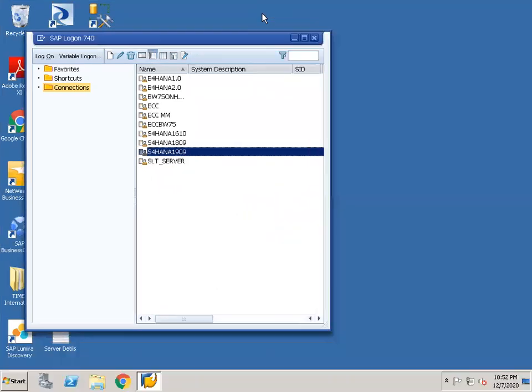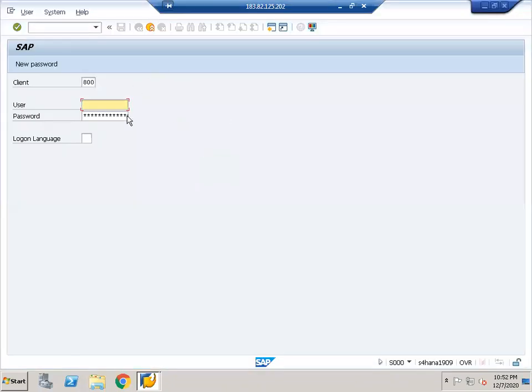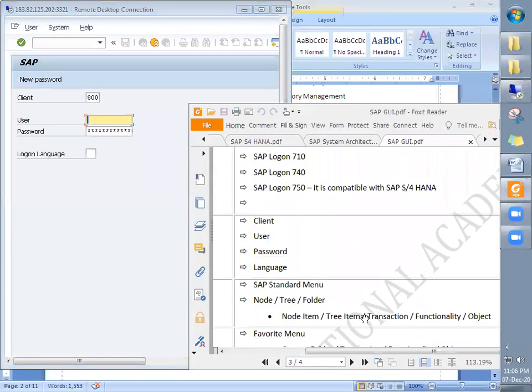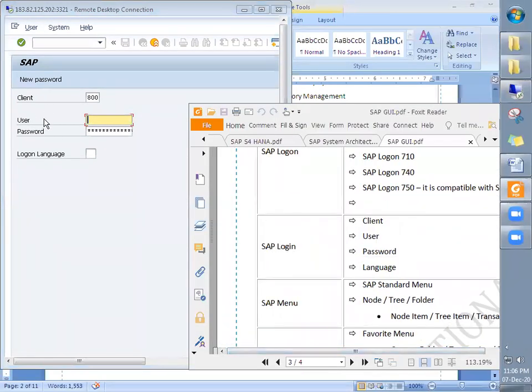Now, we will go into the SAP S4HANA 1909. This is the logon. Now we are accessing the GUI, graphical user interface, with the user and password. Here we are in the SAP login. It will show the client number. It will ask for the username and password, and the language is set to default, right?